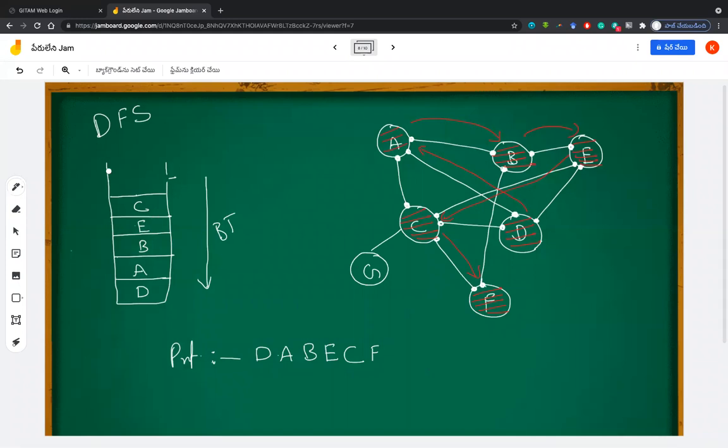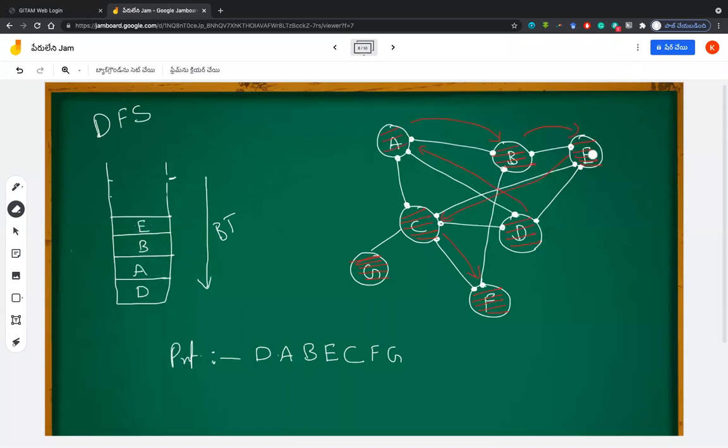G. So again you push G and print G. Is G connected to any other node? No, right? It is not connected to any other node. So you can pop G. Again come to C. Check if C is connected to any other node left. No. So pop C.